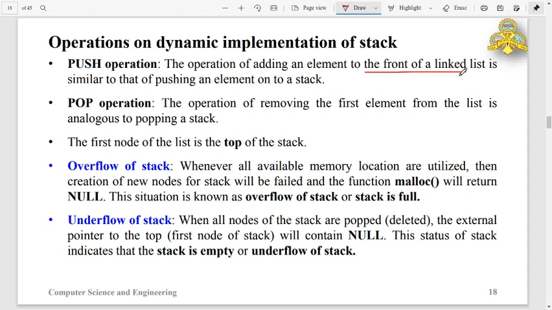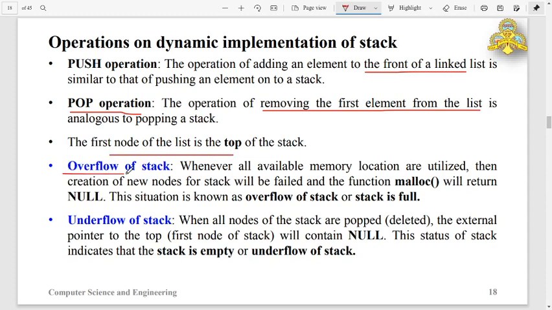Similarly, the pop operation is nothing but removing the first element from the list. That is, deleting a node from the beginning of the linked list is nothing but the pop operation when I consider the linked list as a stack. So the first node of the list is considered as the top, and to identify this top we need an external pointer.